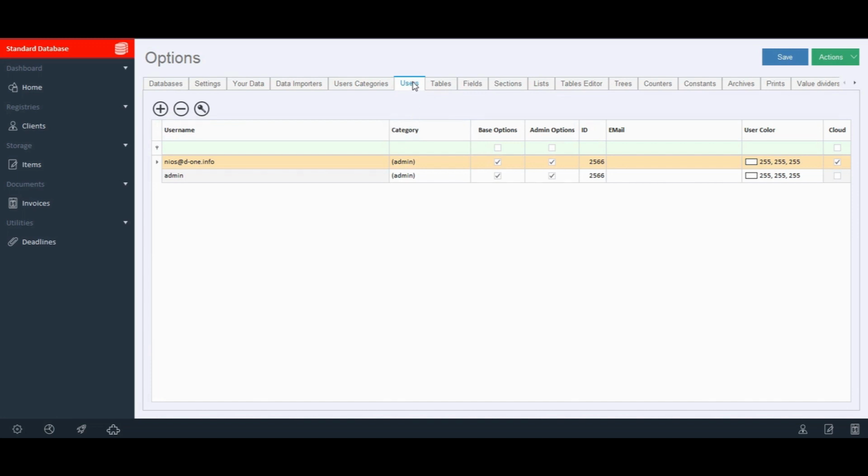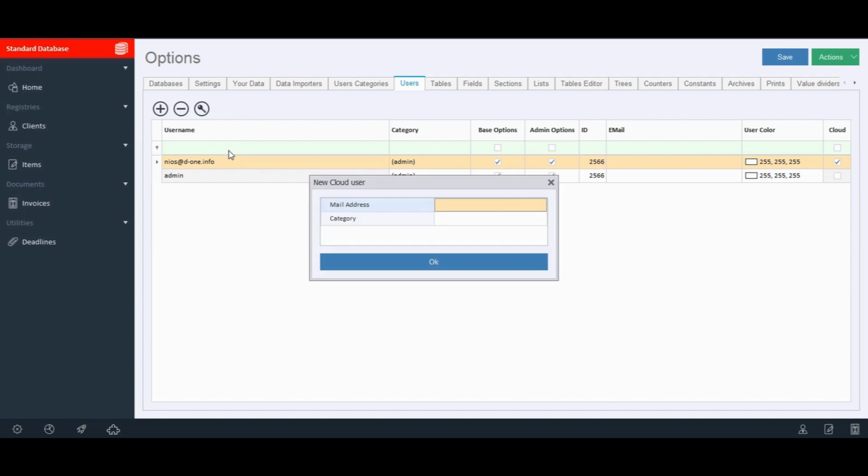Existing users are visible in this panel. To add another one, just click on plus, select New Cloud User, enter the user's email address, select the category of permission to be assigned to him,